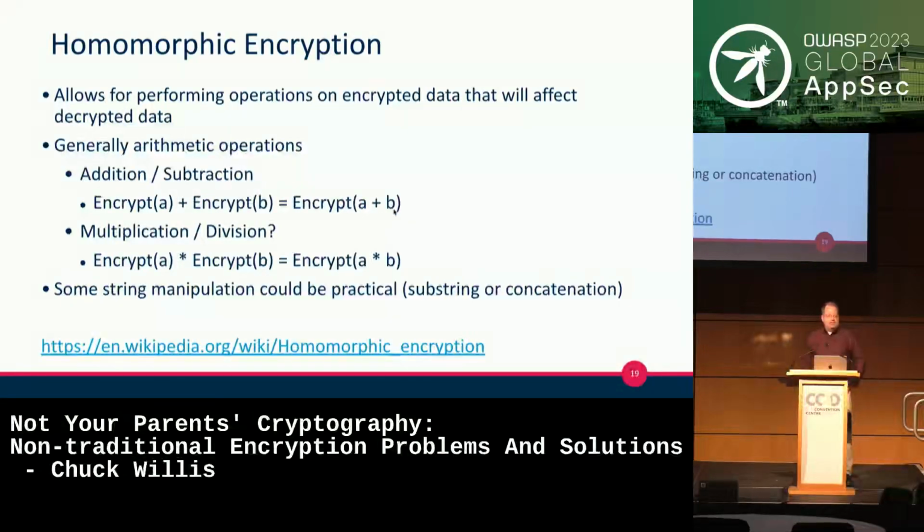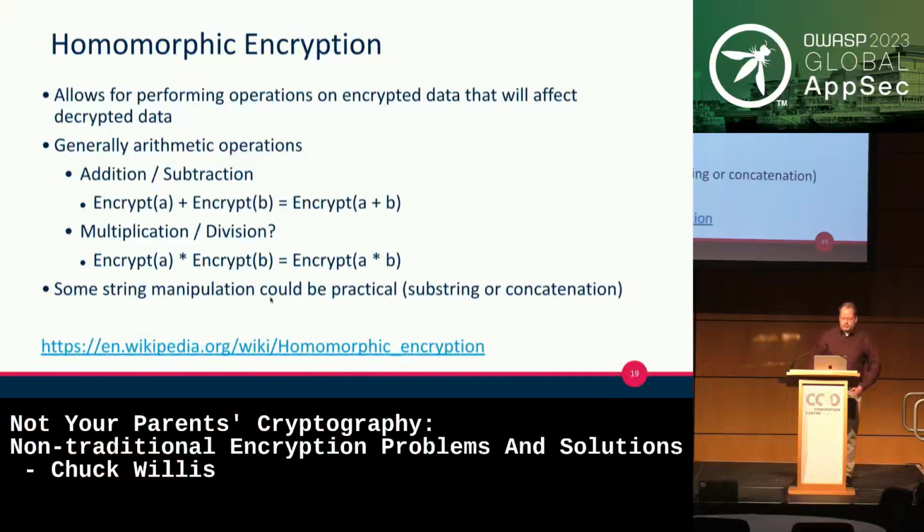So I've got an example on the next slide that'll go into a little bit of how this can work. There are going to be some significant limitations that we'll talk about in a few slides. But it's practical. It's commonly done with things like RSA, where you've got exponentiation happening. If you're doing modular exponentiation, you can then do multiplication across that in such a way that you can guarantee the properties that we're talking about here.